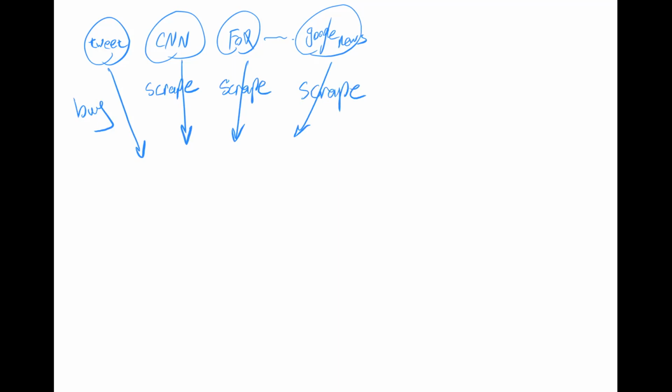You can have someone just go to the website every day, copy and paste the document and put it in a CSV file, or they can just copy and paste into a Word document for you. So it's either manual or through code. I assume for CNN, Fox News, and Google News, probably you can do it manually, but for tweets it's almost impossible. It should be some automatic way or just purchasing. So you make your corpus document,